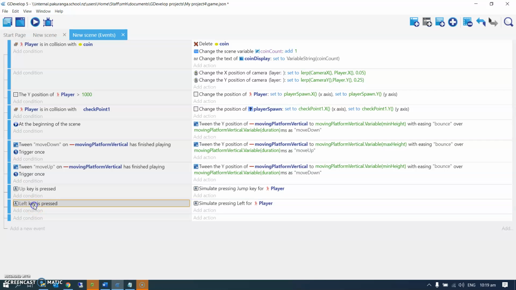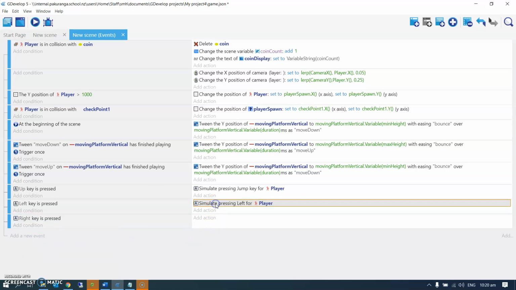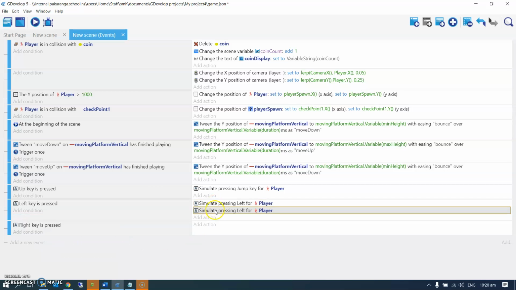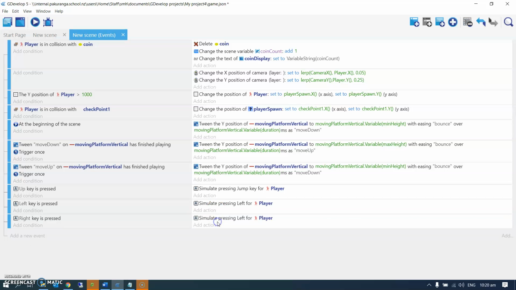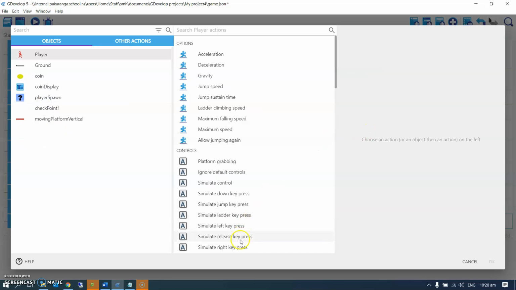New event, let's just Control C, Control V, drag that down, change that to right, and Control C, Control V. Actually, will it let me do that? Can I can't change that, can I? Actually, so I'm going to delete that, add action, player, simulate pressing right,